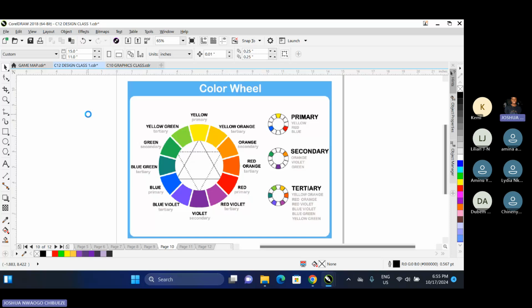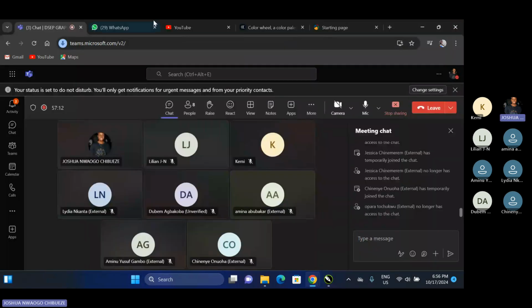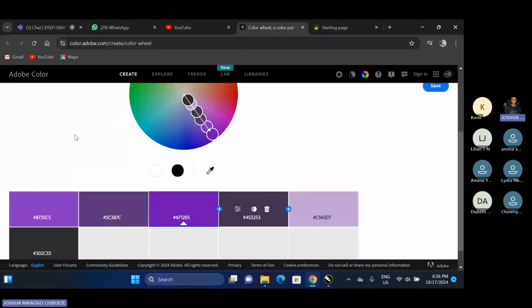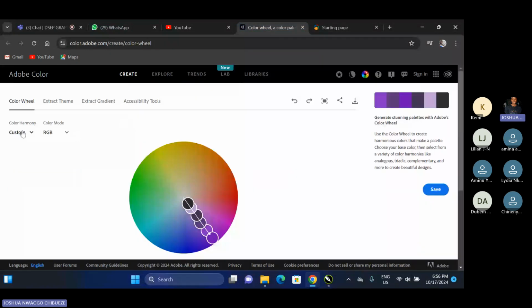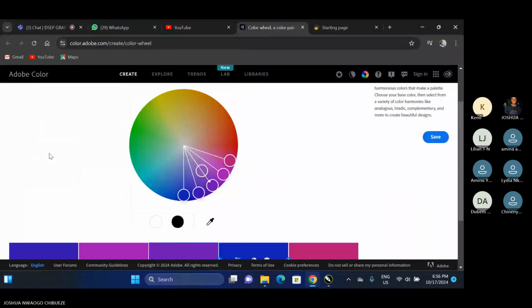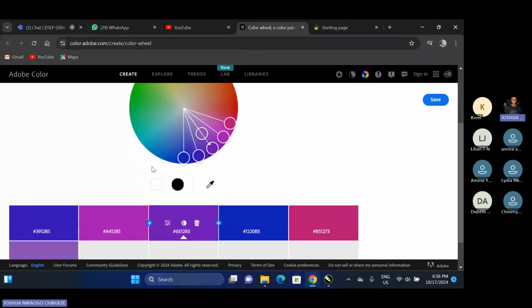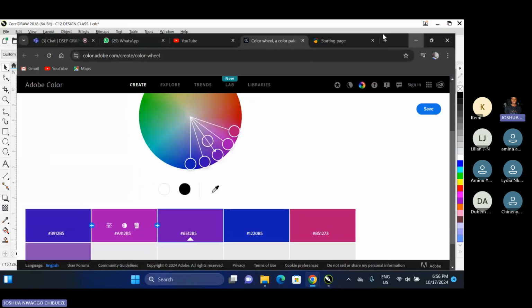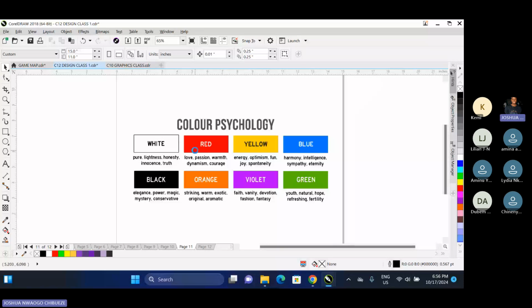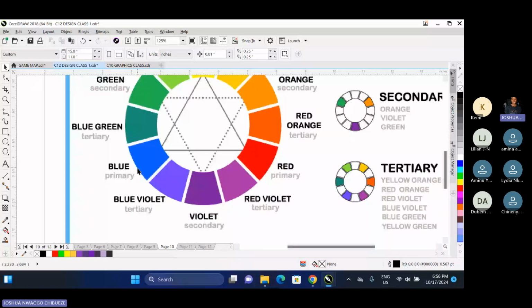Okay, we are back. So now we want to go for analogous. I said analogous are the colors that are close to each other on the wheel. All right. So you can see that purple is even close to blue also. If you look down here, the violet color is close to blue. Since it's just two of them, the Adobe color wheel is going to